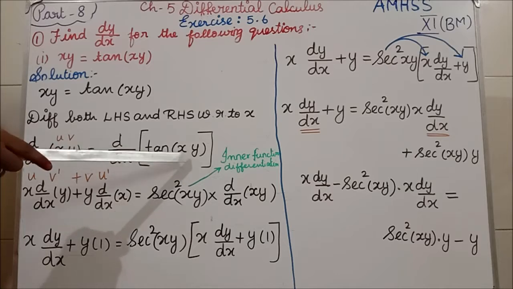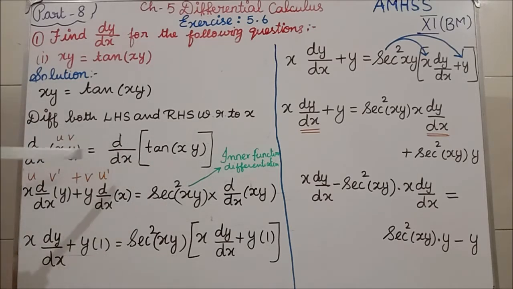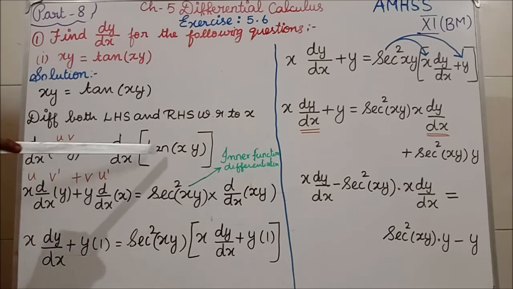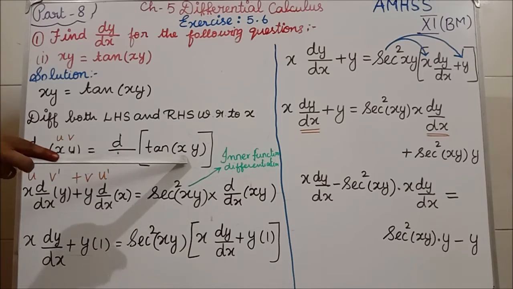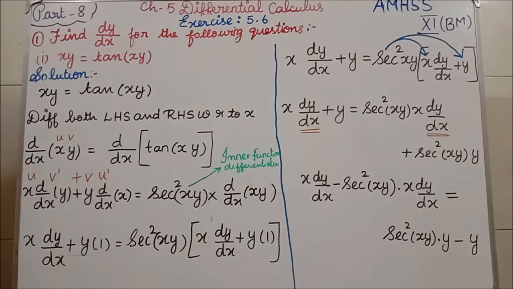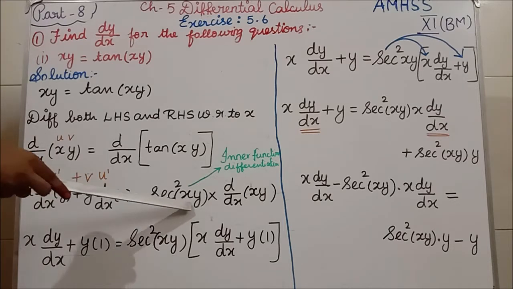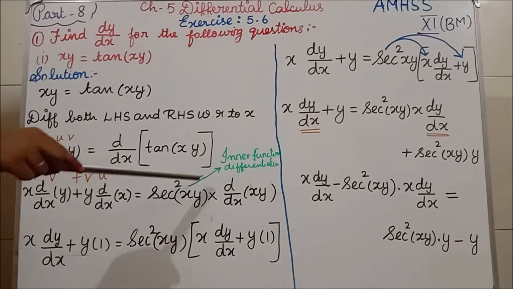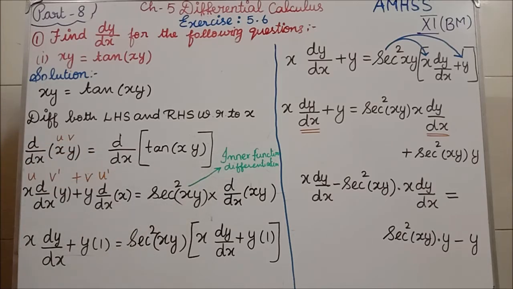d by dx of tan xy we are having. So d by dx of tan, what is the differentiation formula? You have written the 121 formulas, no? In that, for tan xy, what is the formula? Secant square xy. Okay, differentiation of tan is secant square. Here, inside the bracket, what are we having? Two variables. So you have to write the two variables. And inside that bracket, we have the inner function differentiation. Why? Because we are having two variables here. Okay, so this type of function differentiation is called chain rule.